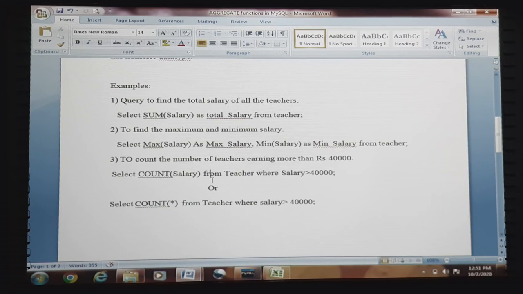I will simply add one more thing: select count salary as count_salary. Here, using the concept of alias, we have added one more field with the name count_salary, and that will be displayed in our MySQL command line client after executing the query. So let us see.